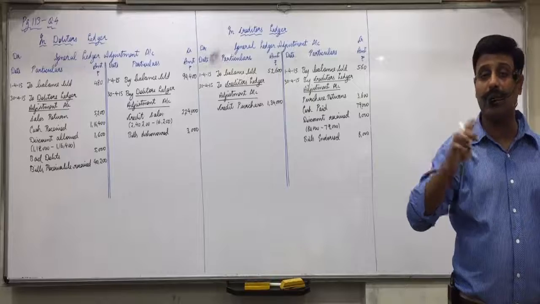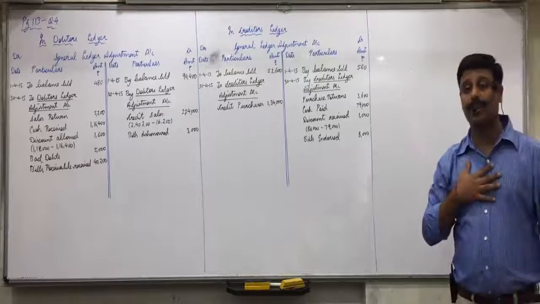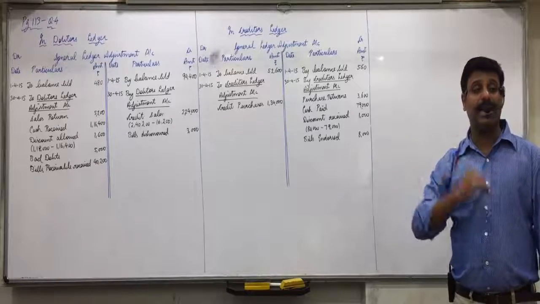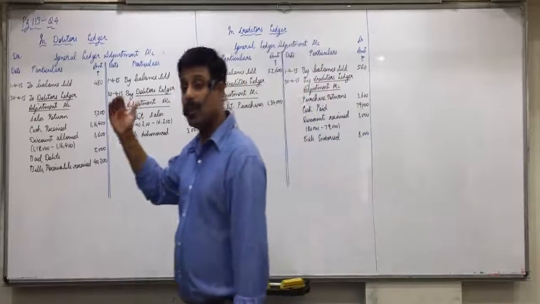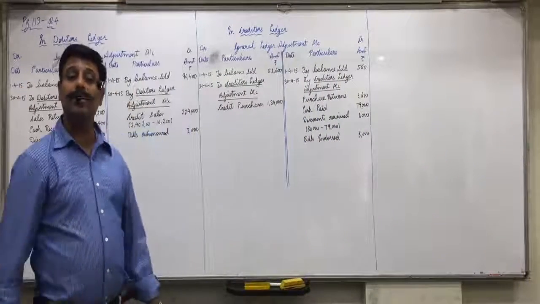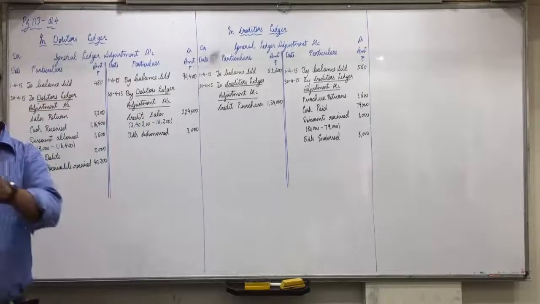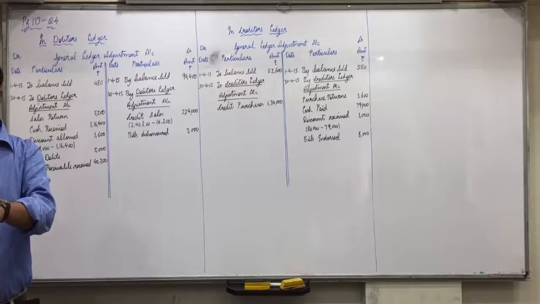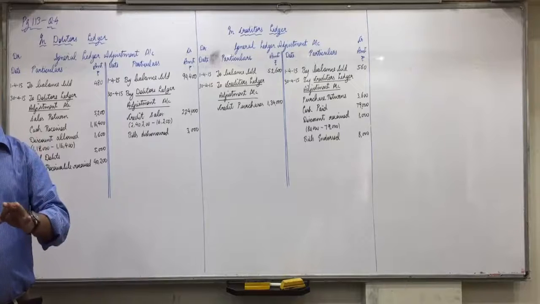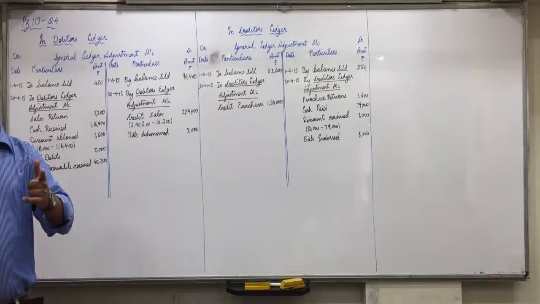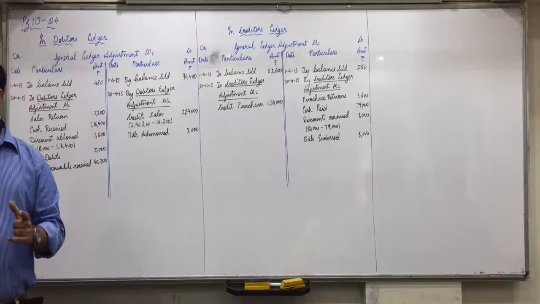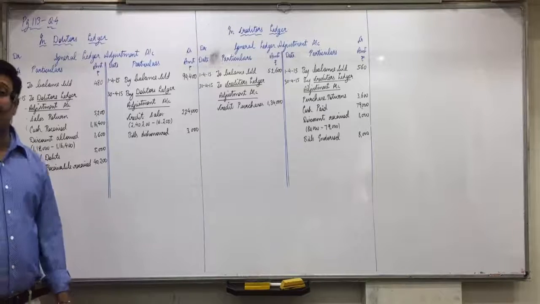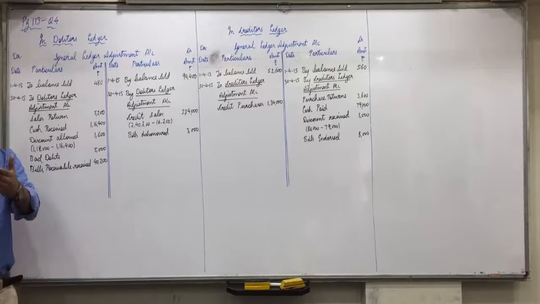Because endorsed bills dishonored means first creditors will give it back to us, so bills receivable to creditors, and we will give it back to debtors, so also debtors to bills receivable. It will affect both the accounts. I made you write the entries of that. When bills are received, bills receivable to debtors. When they are endorsed, creditors to bills receivable. When they are dishonored, 2 entries will come: bills receivable to creditors and debtors to bills receivable. Did you understand this? Check it out. You must have written it somewhere.